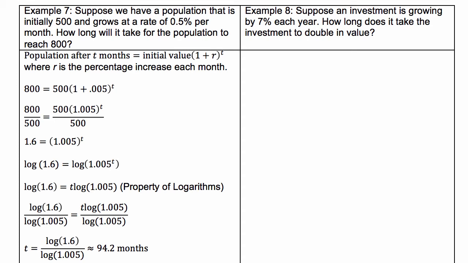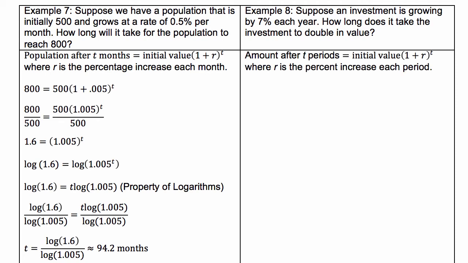The form of the formula for an exponential function is amount after t periods equals initial value times (1 plus r) to the t, where r is the percent increase each period. In this example, a period refers to a year, and r is 7% or 0.07 as a decimal. With this said, our formula becomes amount after t years equals initial value times (1 plus 0.07) to the t